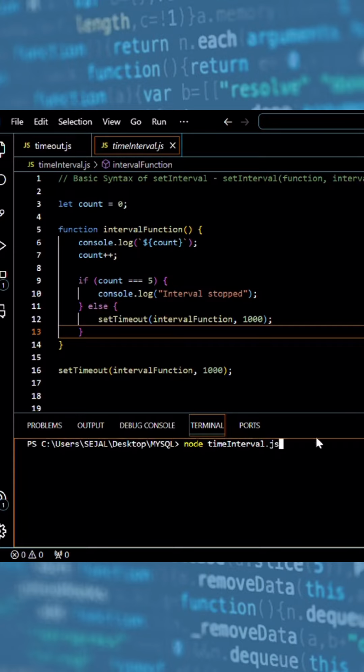So let's see what is the output of this program. Here the numbers from 0 to 4 are printing after each second,